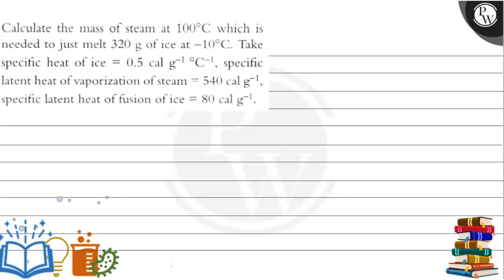Hello बच्चों, the question says: calculate the mass of steam at 100 degrees Celsius which is needed to just melt 320 gram of ice at minus 10 degrees Celsius. Take specific heat of ice is equals to 0.5 calorie per gram per degree Celsius. Specific latent heat of vaporization of steam 540 calorie per gram and specific latent heat of fusion of ice 80